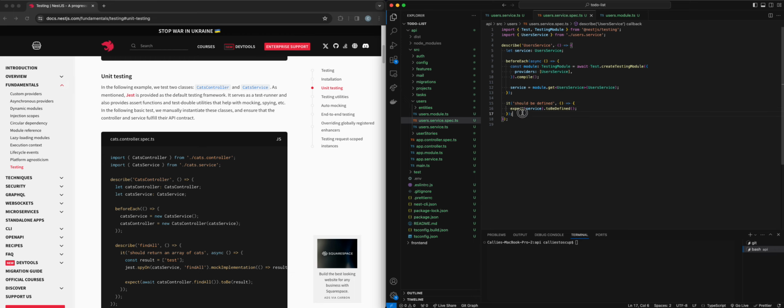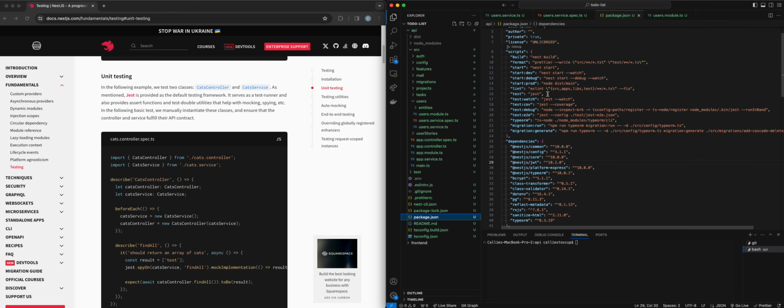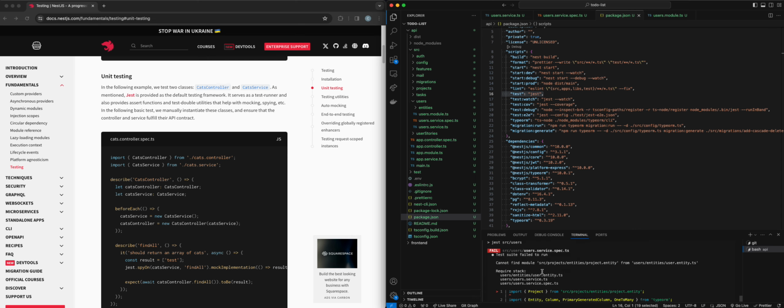Here it's saying the only test it's going to run is whether or not service is defined. So let's give it a try. If you go to your package.json, you will see that you have a test command here. So we can do npm run test. Now that is going to look for all files that end with spec.ts, and it's going to run those files. We don't specifically want to run all of them. We just want to run this one. So then we're going to add source/users, well, we can probably just do that because then it's going to look within there. So yep, it's running our